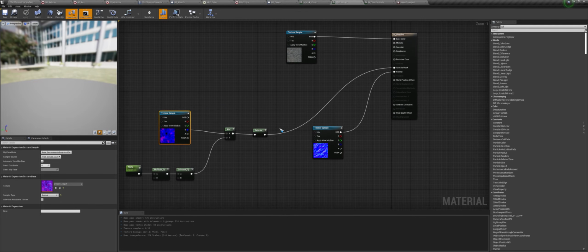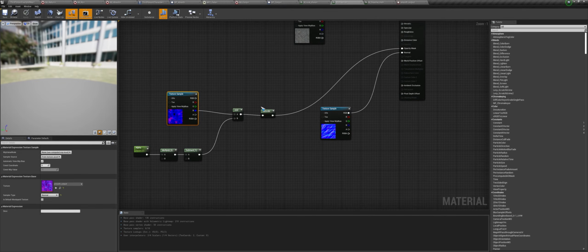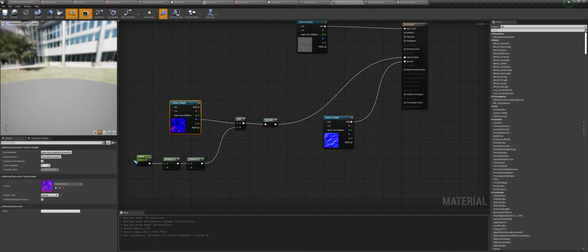That way, when we connect that to the opacity mask, this value cuts off at 0.3 or something. So if the value from this saturate becomes smaller than 0.3, it will be invisible. And as we increase the alpha, we will add more value to the black regions of this texture.